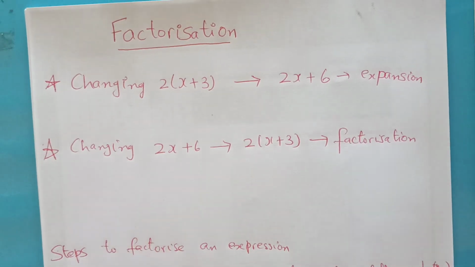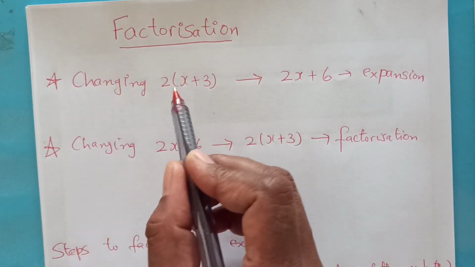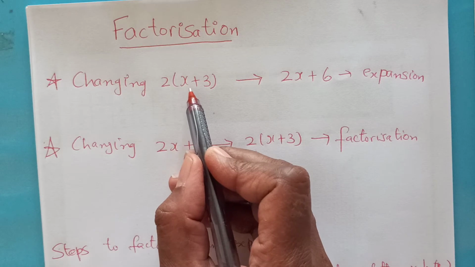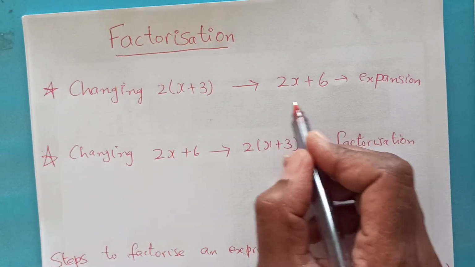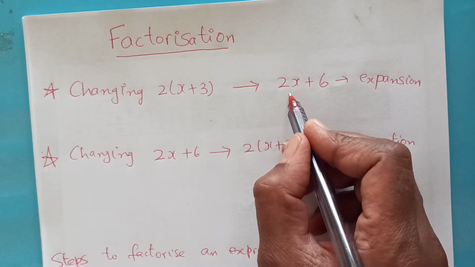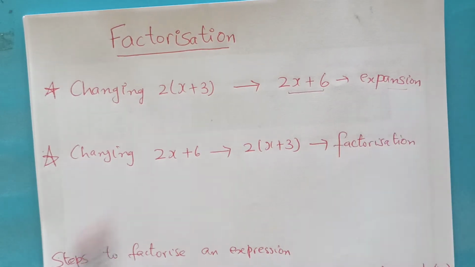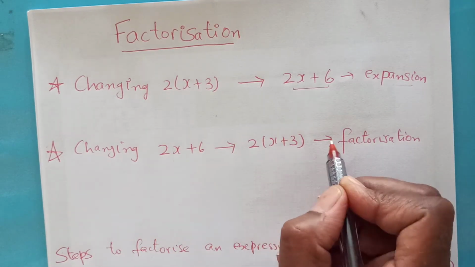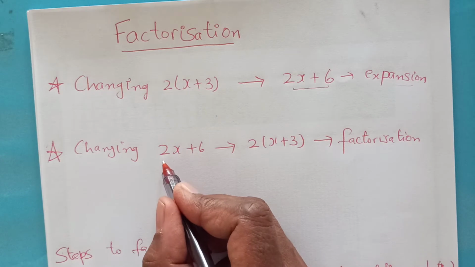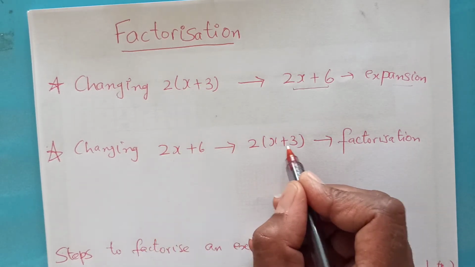Let's do factorization today. In simple words, changing 2(x + 3) to 2x + 6 is expansion. So when you have an expression without brackets, it is expansion. And changing this expansion back into brackets by taking out the common factor, like you can see, 2x + 6 to 2(x + 3), is